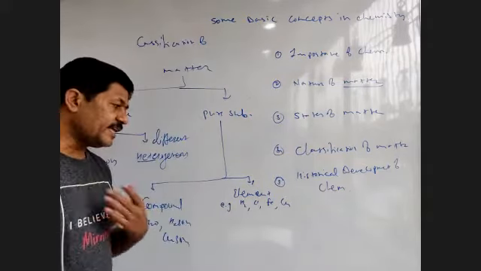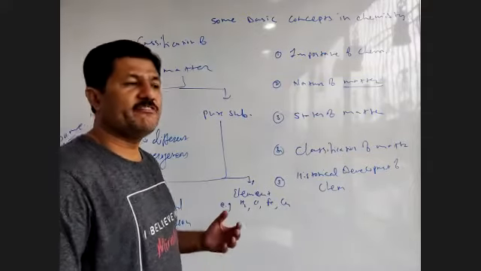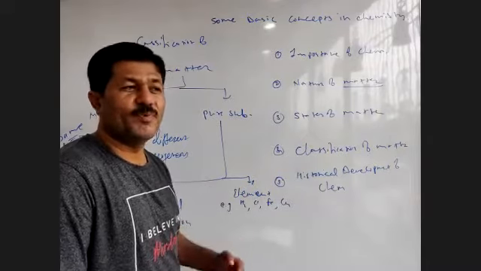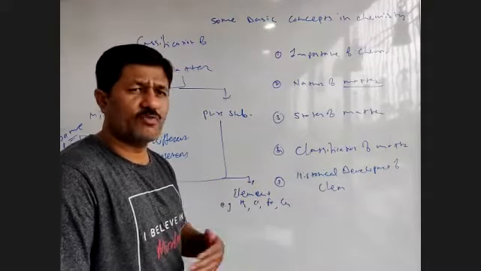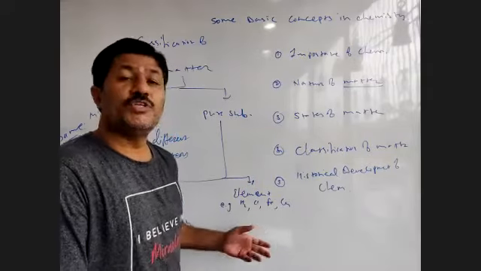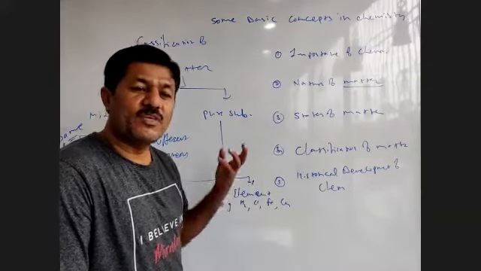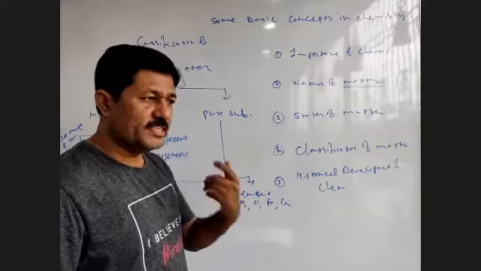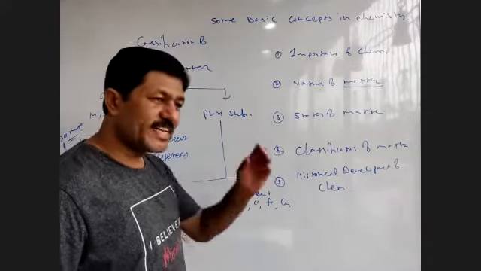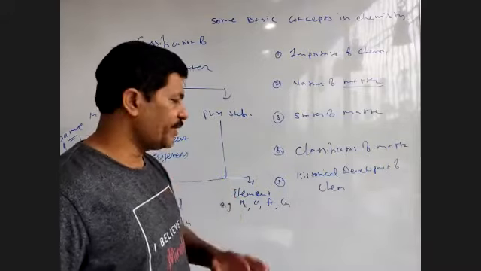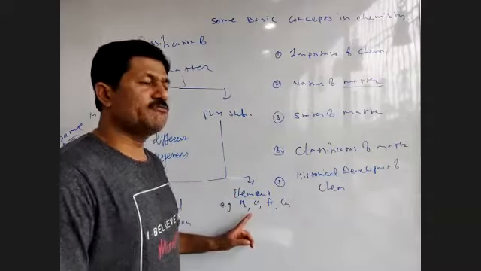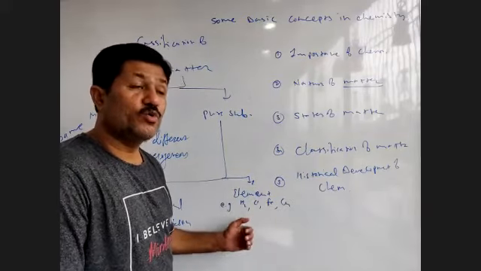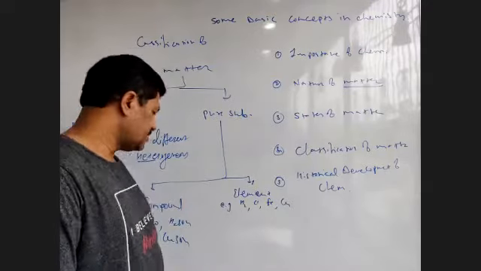See, element is the purest form of substance which could not be further simplified into simpler substances by any chemical reduction or whatever the method. उसे छोटे simple compound में break down किया ही नहीं जा सकता. Say for example hydrogen is the element. Hydrogen को उससे नीचे break down नहीं किया जाता. Hydrogen exists as hydrogen only. So that's why element is the purest form of substance which could not be further broken, and that is what is an element.